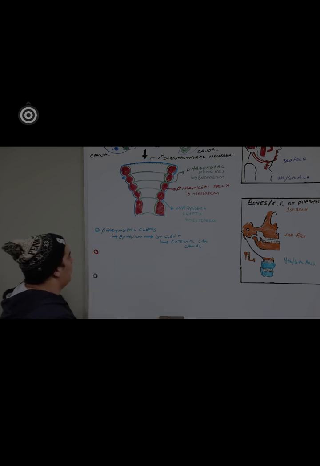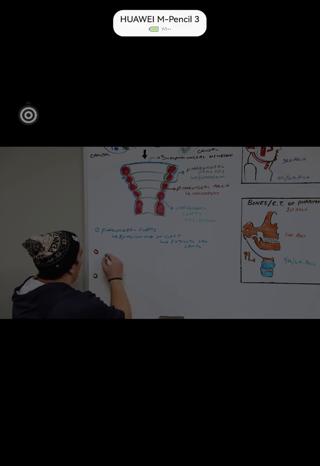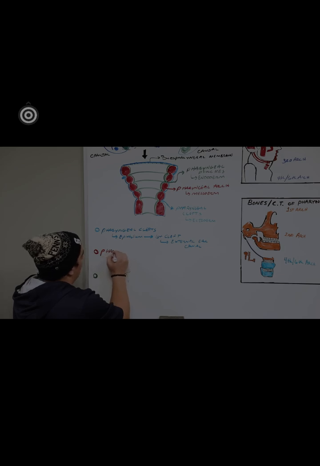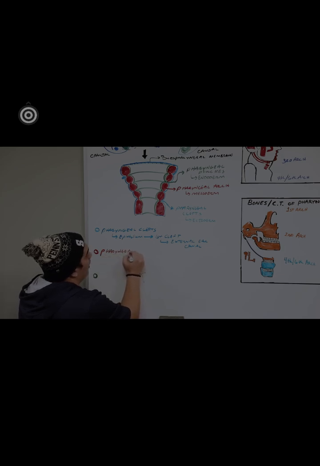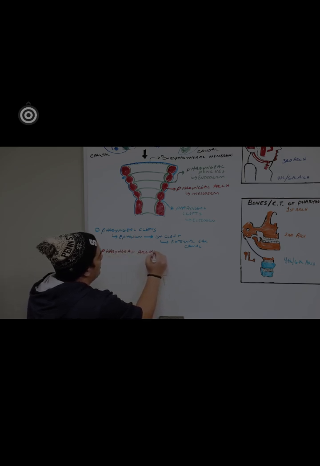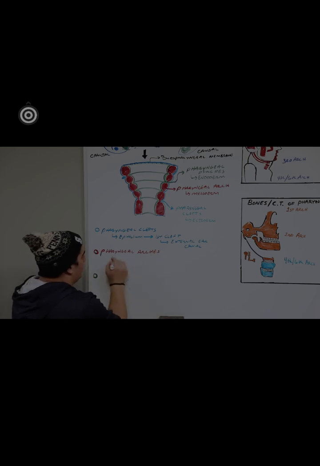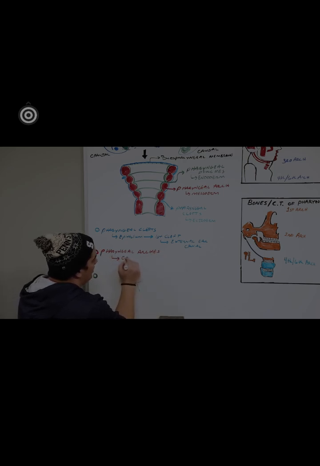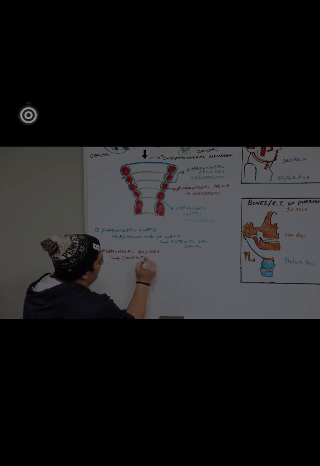The big mama, what's going to account for most of this lecture, is going to be these good old pharyngeal arches. They're the pain in the noggin. And these things are a nice little mesoderm, and they give way to connective tissue. And when we talk about connective tissue, that